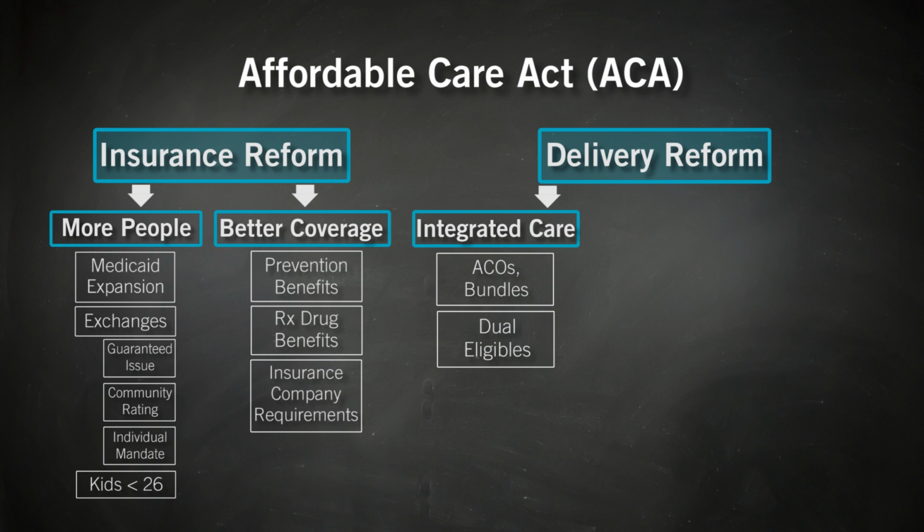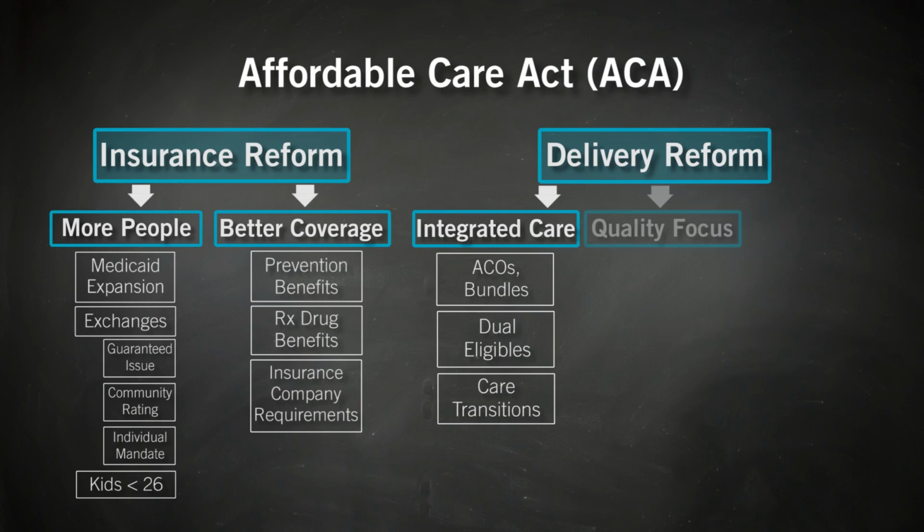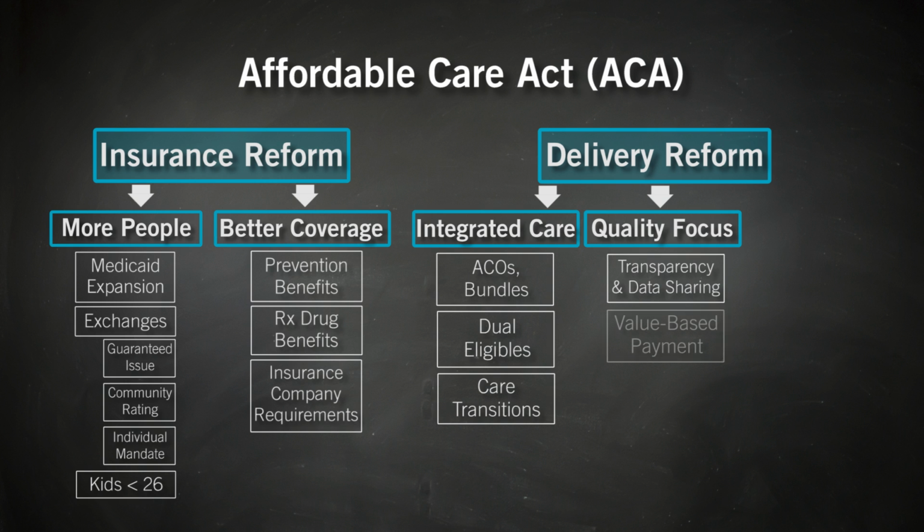Imagine that stressed population, about 9 million people. And it particularly supported transitions of care from institutions back into the community, new ways to pay for community-based resources to keep people at home where they want to be instead of hospitals. On that second part of the law, the better care law, the delivery reform law, there was a lot more emphasis in the Affordable Care Act on quality, new metrics of quality, much more transparency, paying more in hospitals for outcomes of care, for reducing complications, so-called value-based payment.